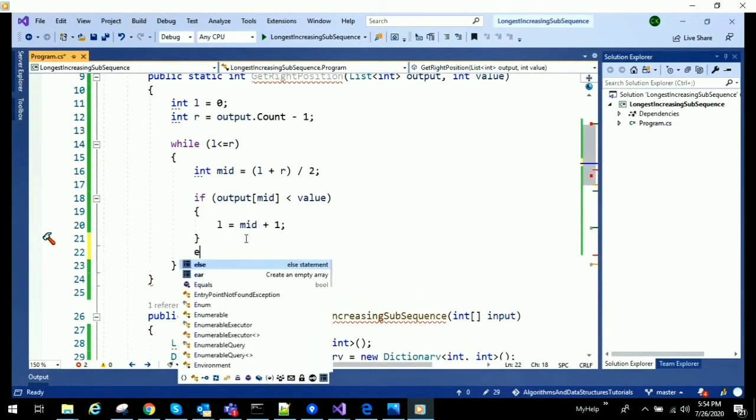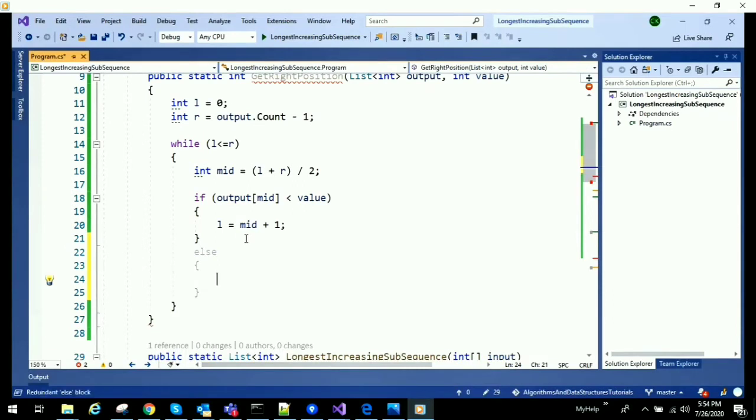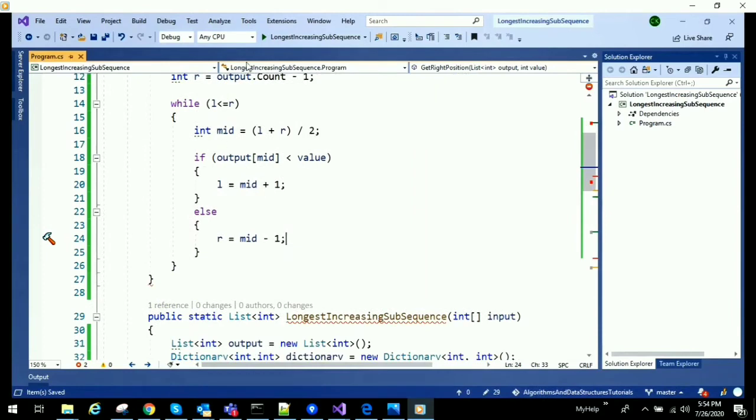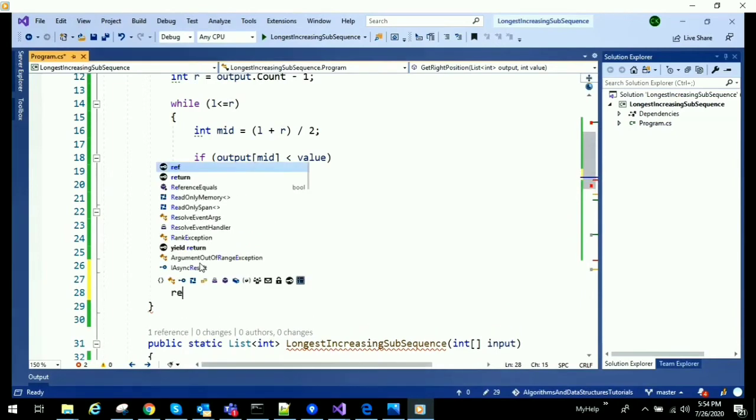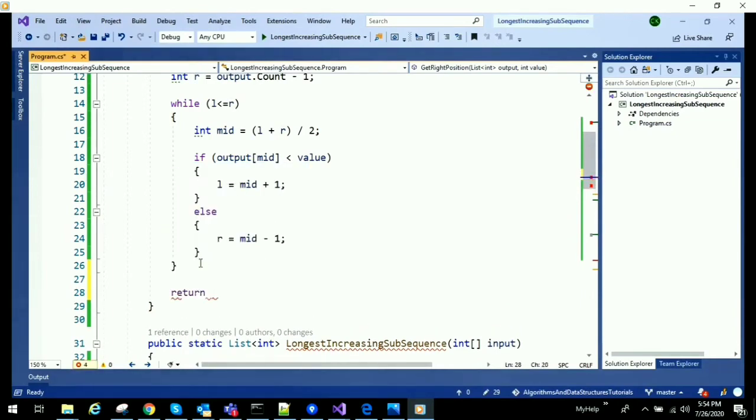Otherwise the right index will be mid minus 1. And once this condition fails where L is greater than R, then we need to return index L,